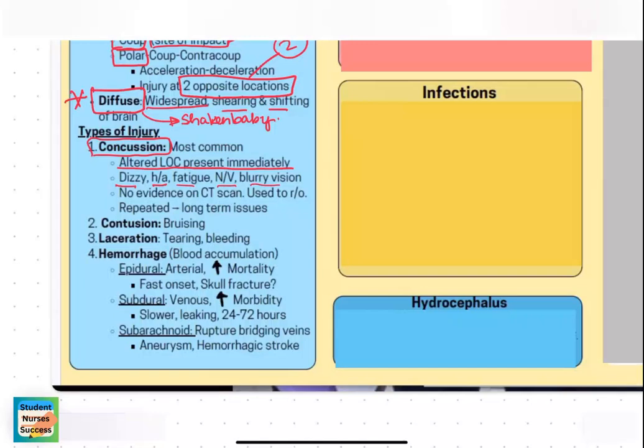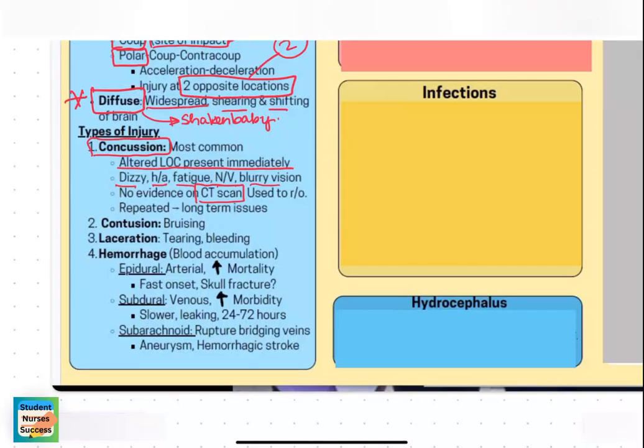The thing about a concussion is if the patient does lose consciousness or seems to have a significant head injury that we are worried about, we often then seek care and we will do a CT scan on them. In a CT scan, you are actually not going to see any evidence of injury to the brain if it is a concussion. There'll be no bleeding or bruising on the CT scan. So a concussion is kind of defined by lack of evidence on the CT scan.